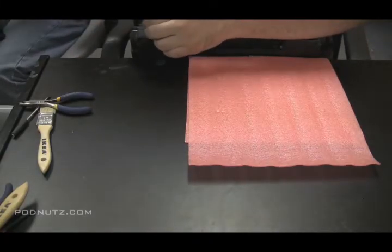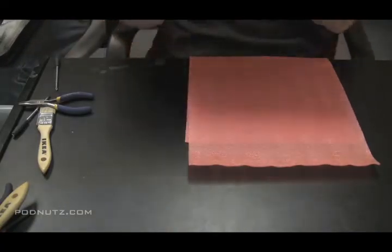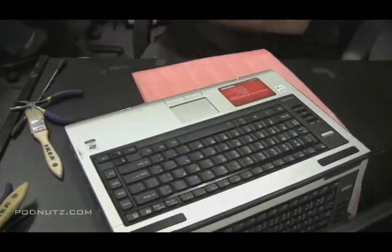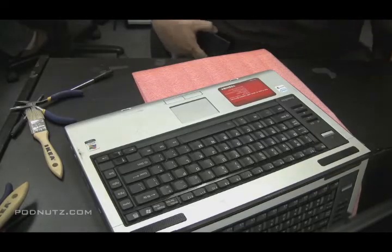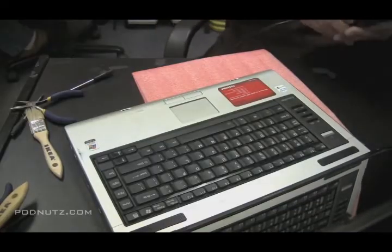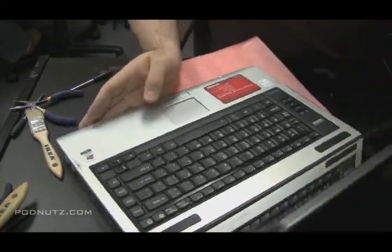Yeah, we're just about done. Roughly 40 minutes to do this repair. Okay. Let's hook that power adapter in. Power it up. It would have been wise, I've said this before, to test this computer before we put it entirely back together, but I was fairly certain that I knew what was wrong with it, so